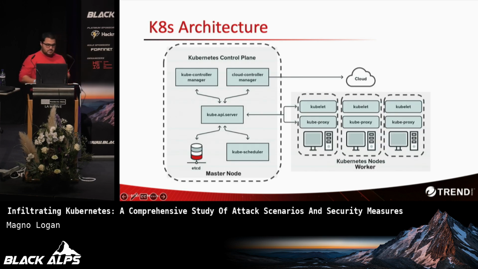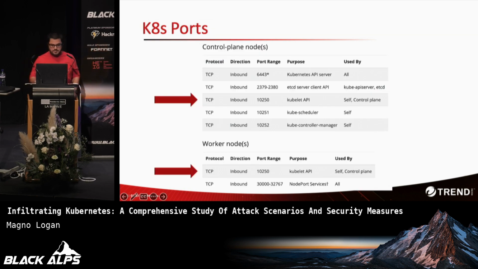So not just the API server has an API, but the etcd has an API, and the kubelet has an API. So you have 3 APIs here inside your Kubernetes cluster. Technically, only the kube API server API should be exposed, but there are some issues that can happen here. Okay?